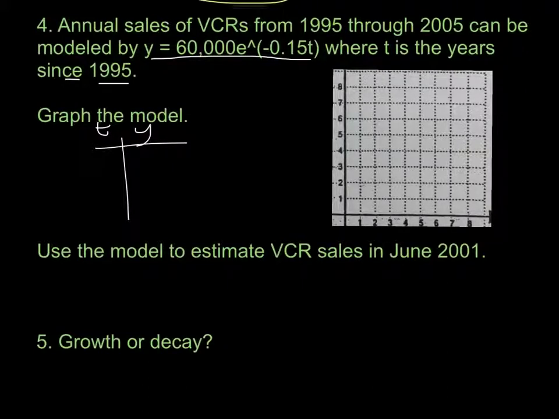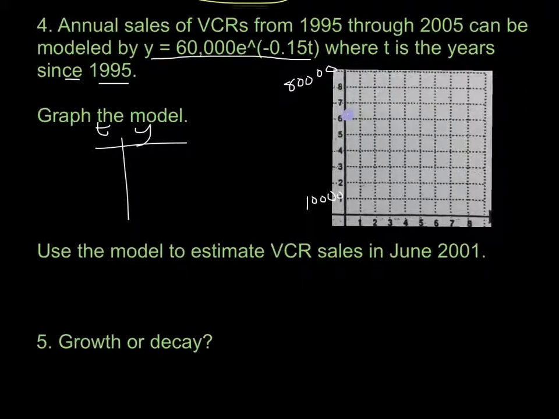But let me relabel my axes here. Let's do these in 10,000s. So 1 is really 10,000. 8 will be really 80,000. And 70,000 and 60,000 and so on. So I know right away in the first year, I sold 60,000